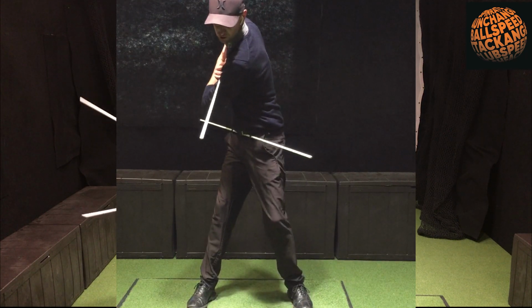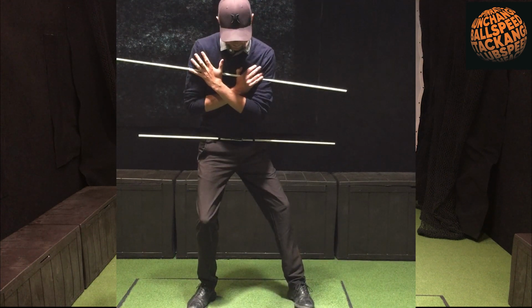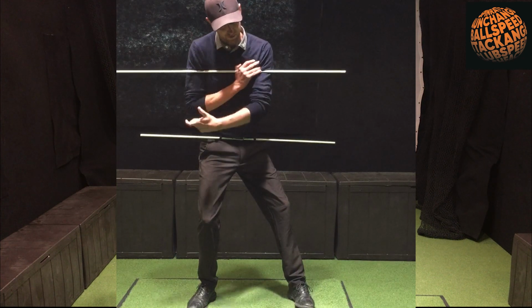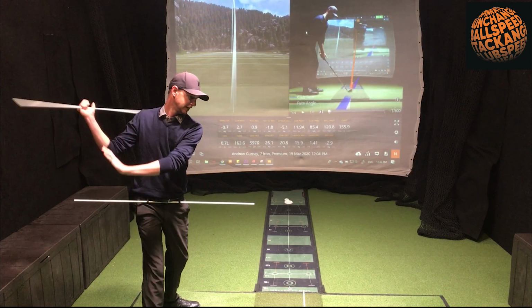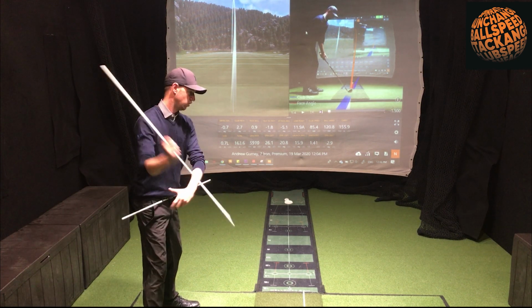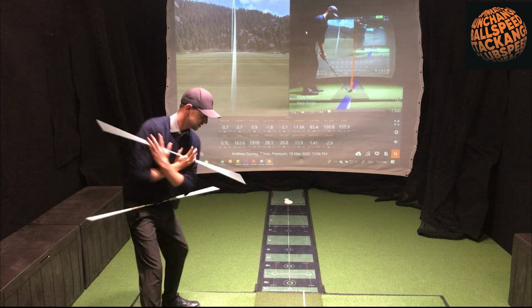without too much rotation. I don't want to go full turn and then just rotate, because it'd be hard to get that center of mass forward. I'm going to have a lot of shots where I hit a little heavy, and obviously it makes it a lot easier to come across the golf ball. If I'm trying to play a big cut, or if I can manipulate my wrists enough, it's fine. But let's just make a big turn,